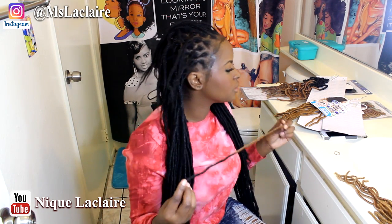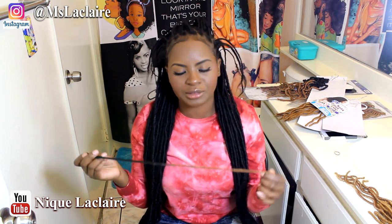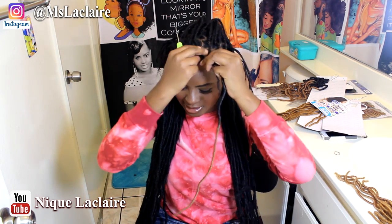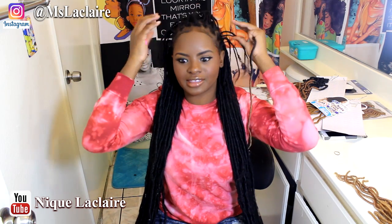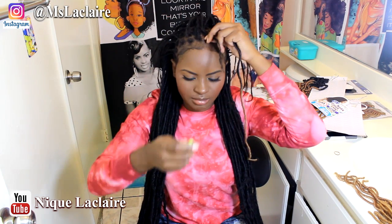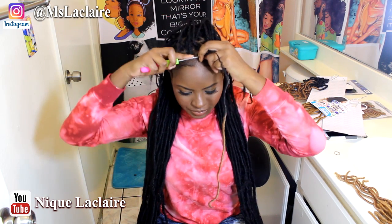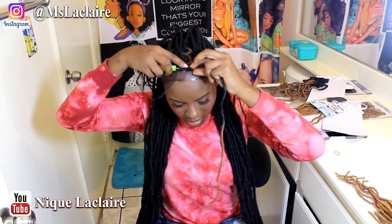You can do this one of two ways. You can faux lock it in first and then add the extension, or you can add the extension before you start. For me, it's easier to wrap it when it's shorter and then add the extension. I mean, it's just totally up to you. I'm going to show you how to do it both ways. It's kind of the same. I'm going to start right here since I probably should have done more and then showed you the top, but whatever. So what you're going to do is take your crochet needle, go under your braid,